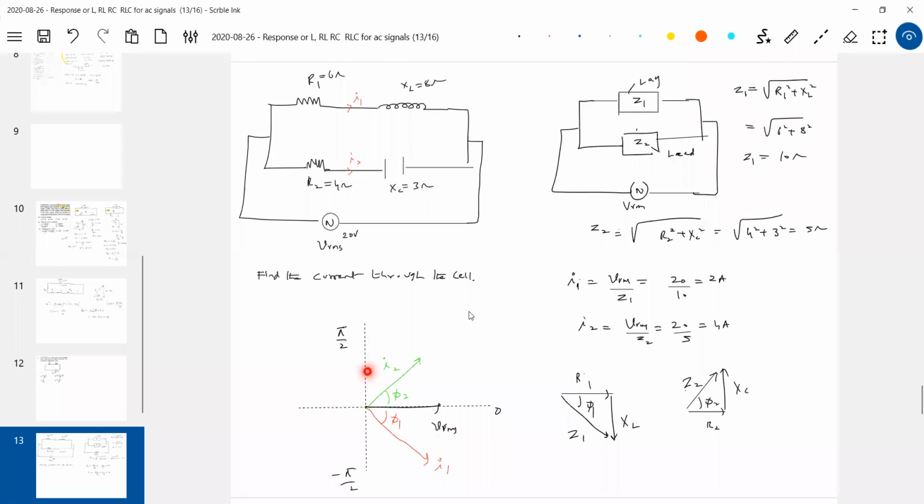The method will be this much only. So, sir, I'll assume this to be a phase of 90 degrees. Then you have to show VRMS here. Then where I1 will come, I1 will come here. Then I2 will come here. One of the same, no? This is a much easier approach.